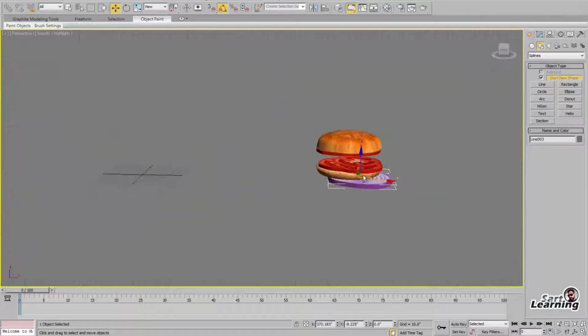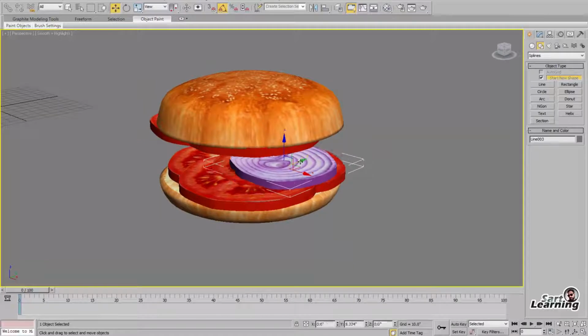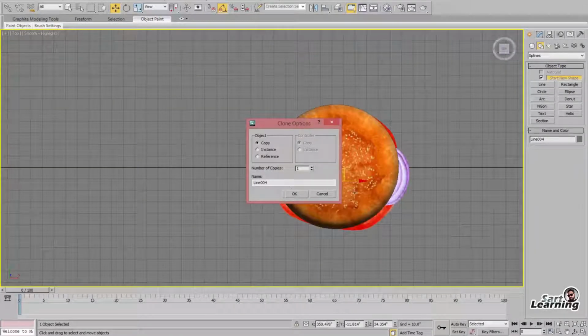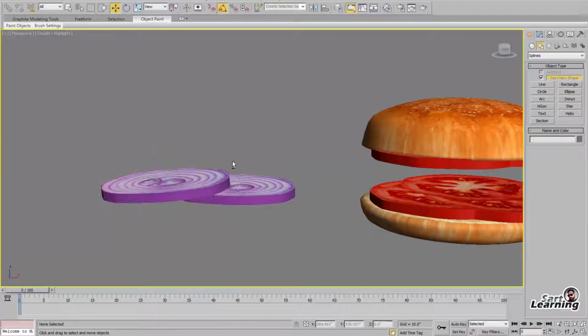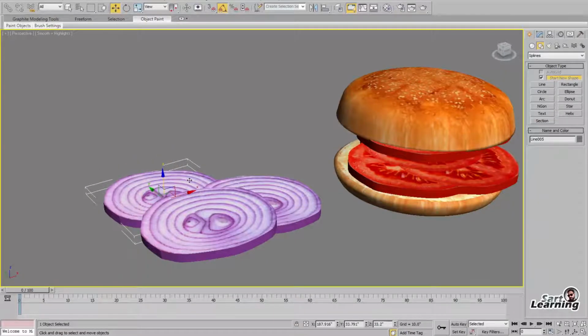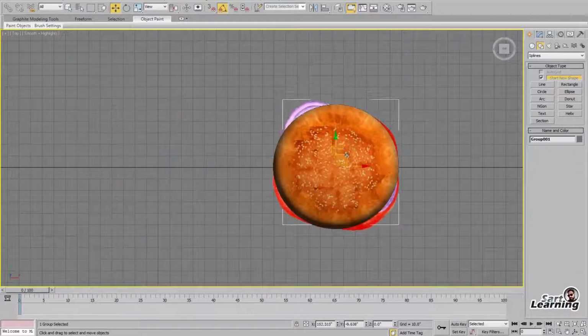Remove the display background. Place in the center of the burger and duplicate it with the help of shift. Copy it and place randomly. Now your onion is ready.